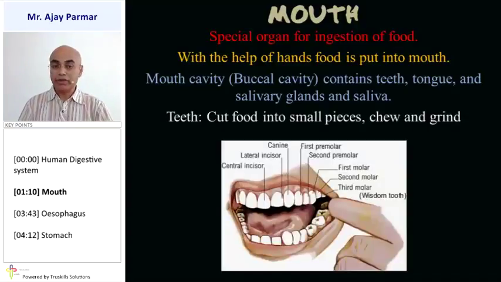Also the teeth. We know that we have 4 different kinds of teeth: the incisors, the canines, the premolars, and the molars. And the main function of these teeth is what? To cut the complex food that you have consumed into small pieces, chew them, and also grind them